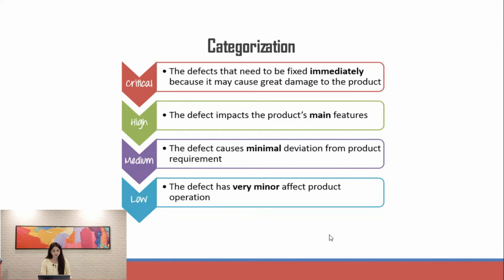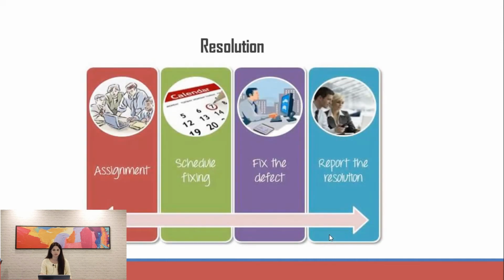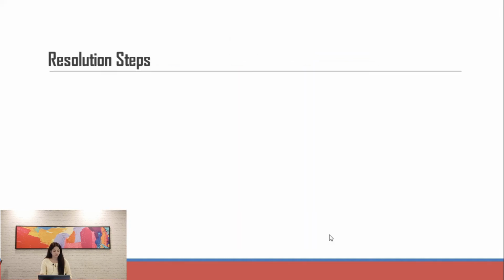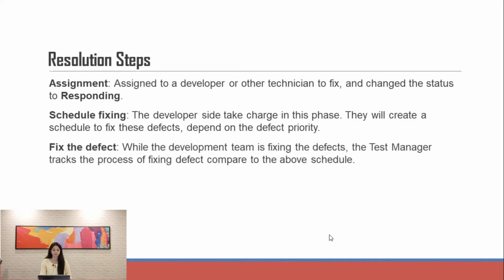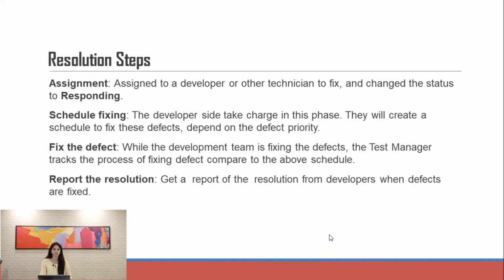Now, moving forward, resolution. So if we have to resolve the issue, we have to assign it to the concerned developer. The person needs to fix a date when he is going to resolve the issue, and he has to fix the defect and report that yes, the resolution has been done. So you can see all the pointers mentioned here about assignment, schedule, fixing the actual defect, reporting that the resolution